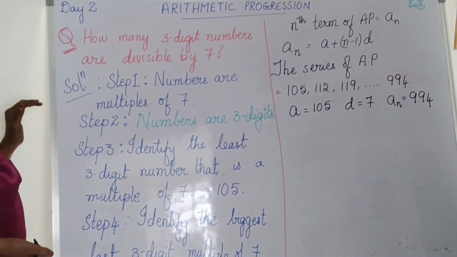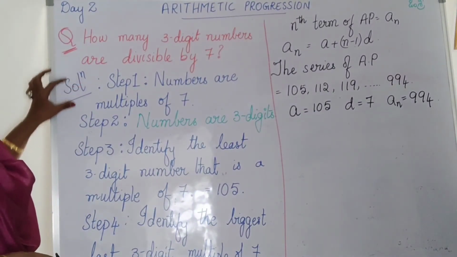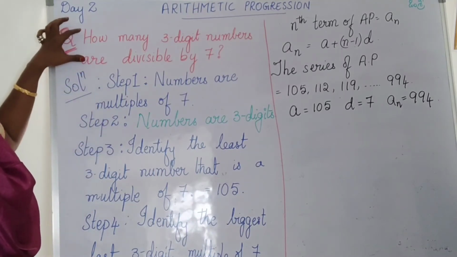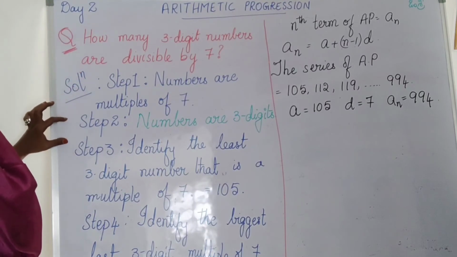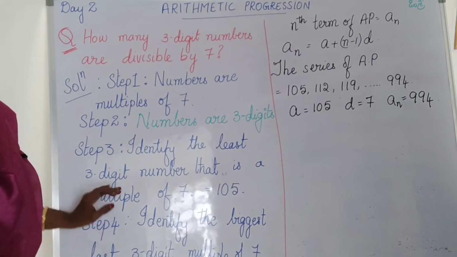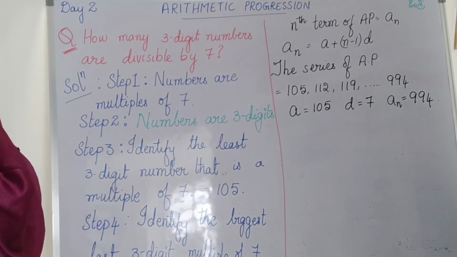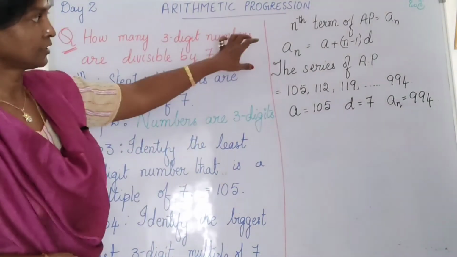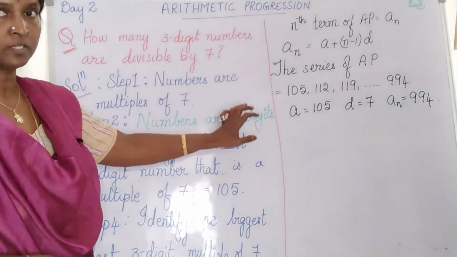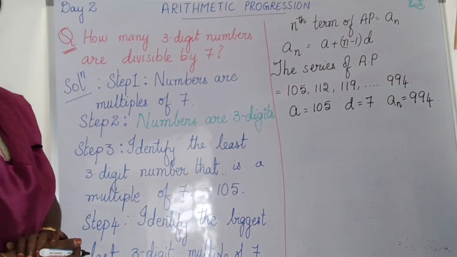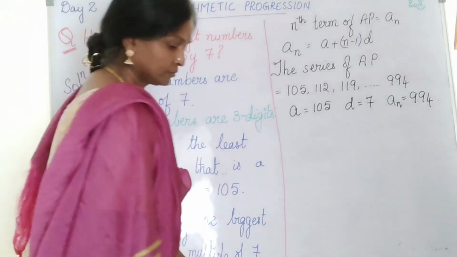Okay, so this is how we have to process the solution. First we identified what is the data given, and then we have written the steps where we get the first and last term of the series, and then what is the formula that is needed to find the solution. So after identifying the values of all the terms, now we just have to substitute the values of those terms to get the solution.